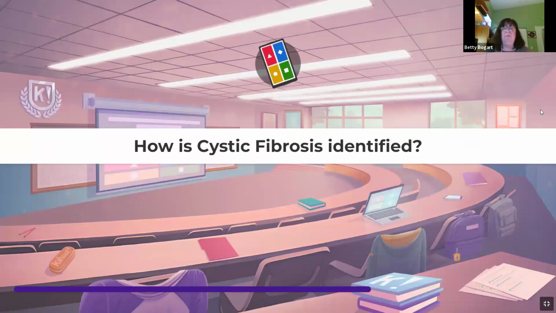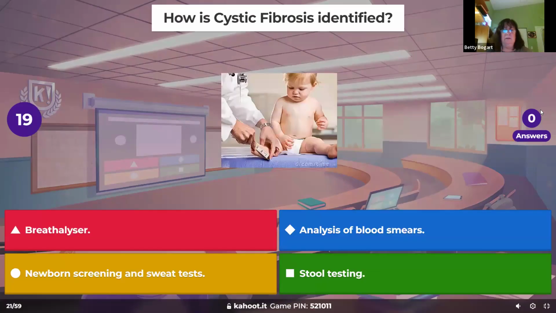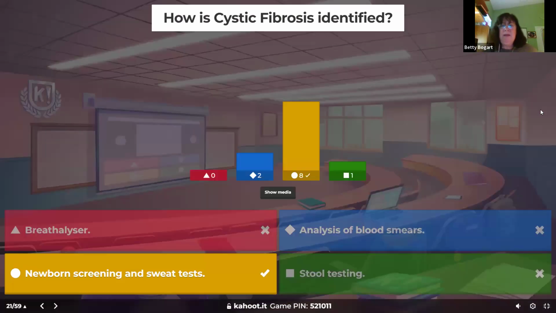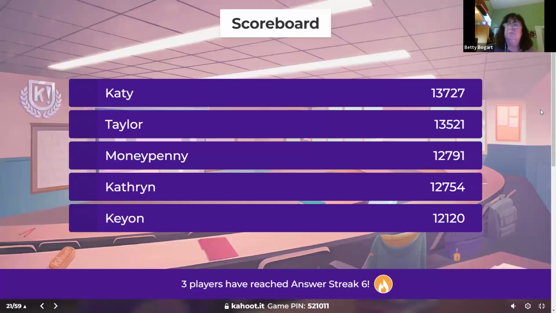How is cystic fibrosis identified? Well, I told you one of them that makes you suspect is no stool at birth, right? For the first 24 to 36 hours. It's called a meconium ileus. But when you say that, then how do you say, yes, definitely it is? Either they've had those screenings before, but usually it's a sweat test that they do when they see the symptoms of no stool.